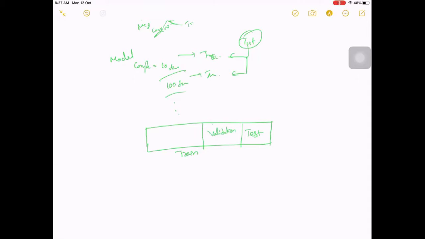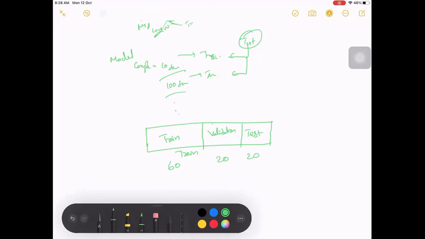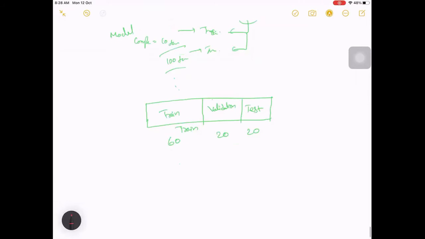This is train. Now it can be like 60, 20, 20. If you have 100 examples, earlier we used 20 for test and the rest is 80. Now within this 80, we do one more split: 60, and 20 out of this 80.